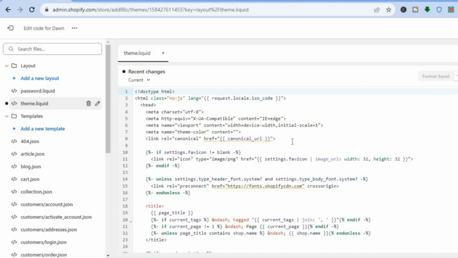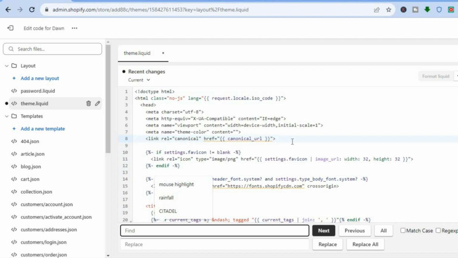Then you are going to tap anywhere on the page. And depending on the device you are using, for example, if you are using a Windows device, you are going to press down on Ctrl F. If you are using an Apple device, you are going to press down on Command F. Then I want you to simply type in /body,